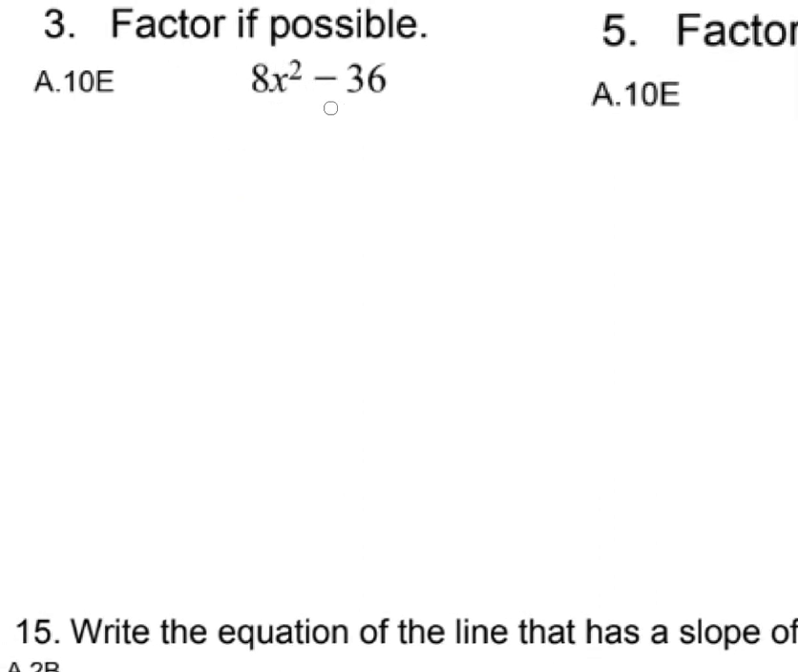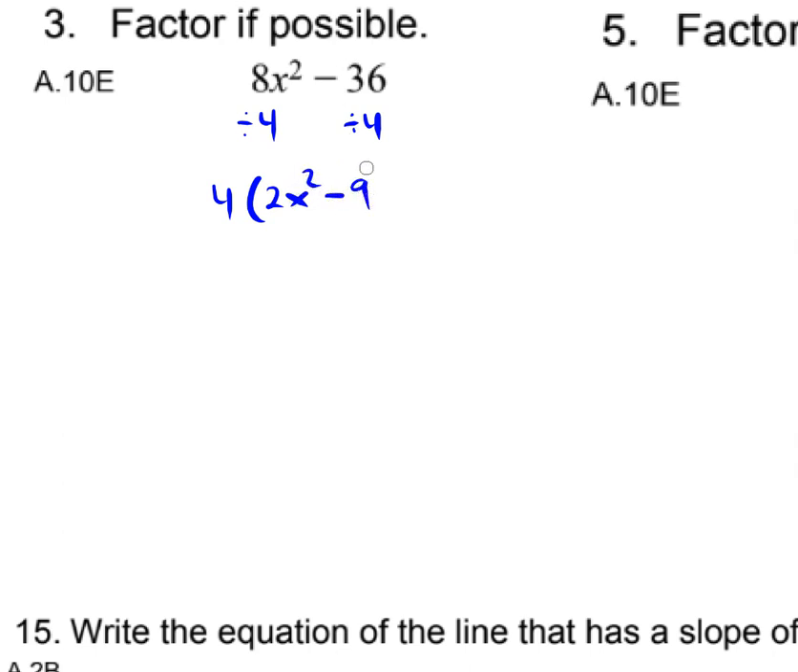So anyway, you have the 8x squared minus 36. If I have this problem here, what I'm going to do is I'm going to take out the biggest thing I can here. So I'm going to divide by 4 and divide by 4. So I get 4 times 2x squared,